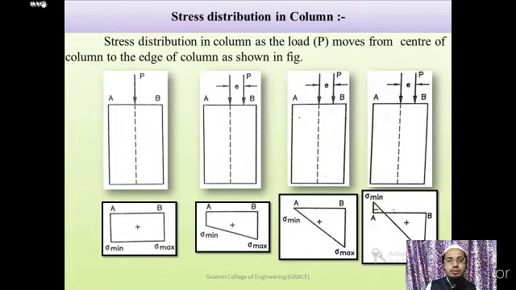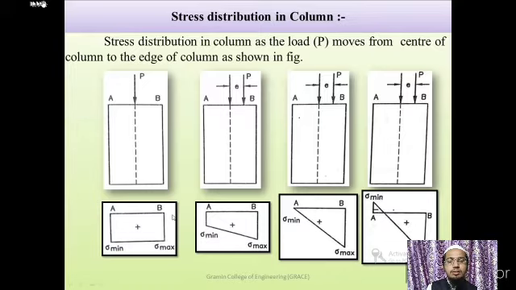The stress distribution diagram will be like this: in such a case sigma b, that is the bending stress, will be more than the direct stress, which results in negative stress at one of the edges of the column, and there will be tensile stress at that edge. You can see that as this eccentricity increases beyond e limited, it results in sigma minimum being a tensile or negative stress at the base of the column.